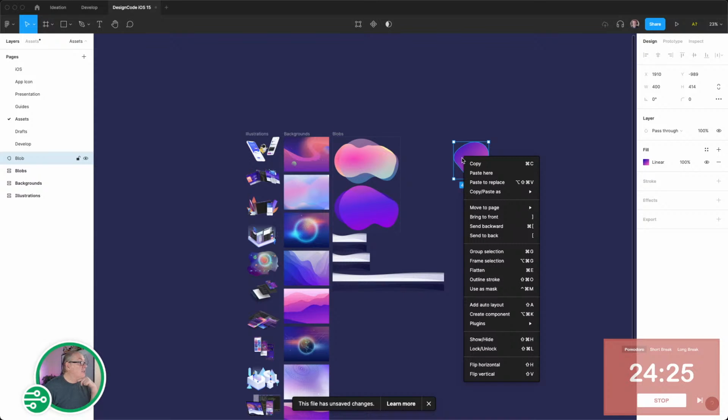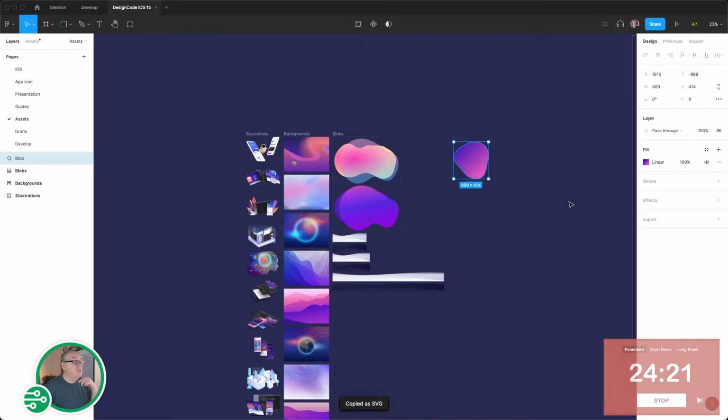And if we right click on it, we can copy as SVG. Done. Turn your SVG into Swift. Since we won't be able to use SVG code in Xcode, we need to turn that into Swift code. This tool will do the work for you. Paste the SVG into the top field,